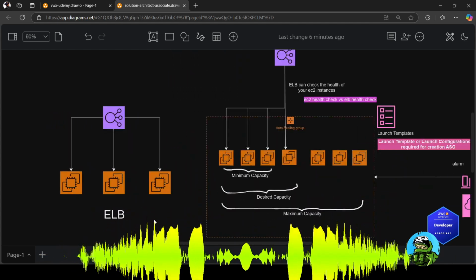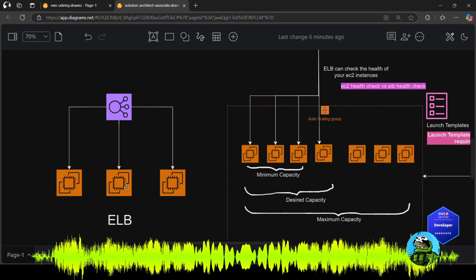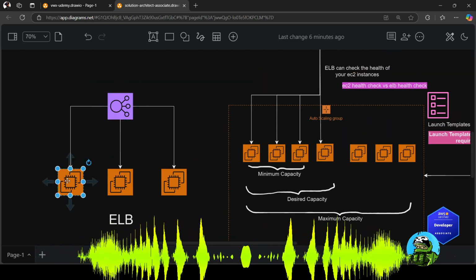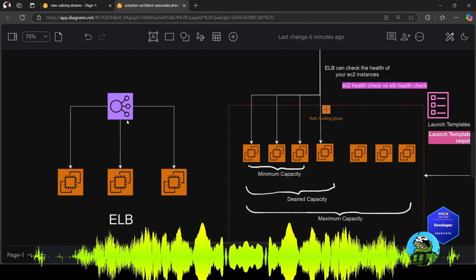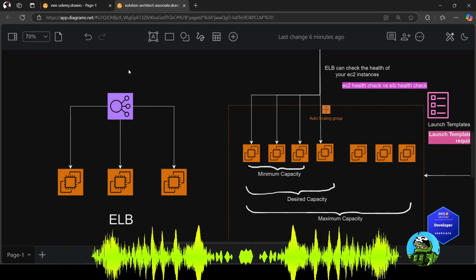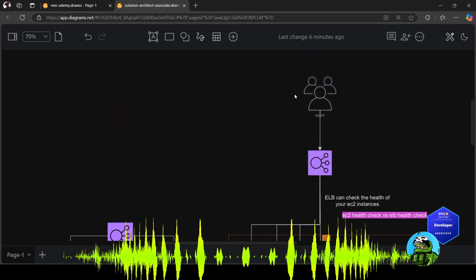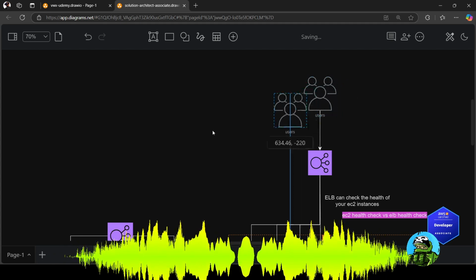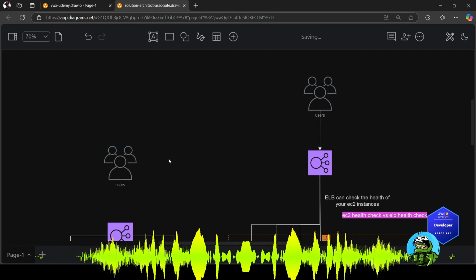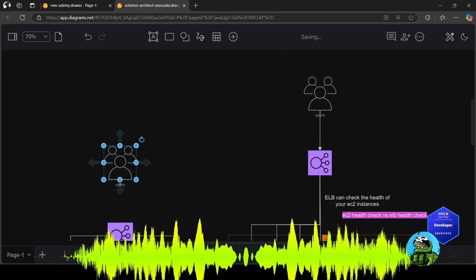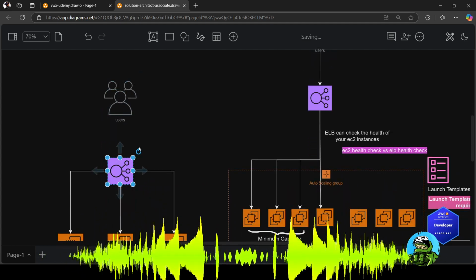So we are going to discuss elastic load balancer, and then an elastic load balancer routes your request of users. For example, this is a user here, and then it makes a request to,